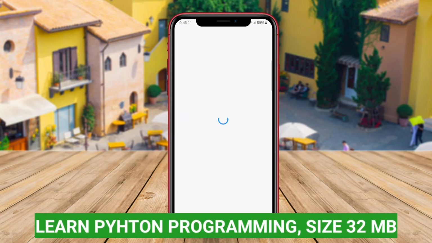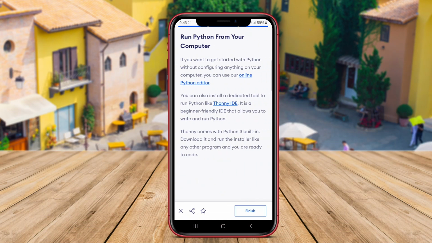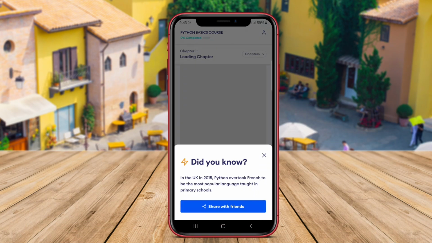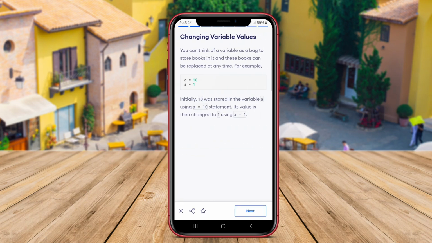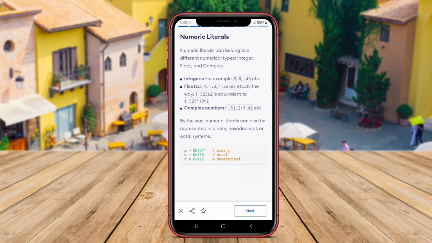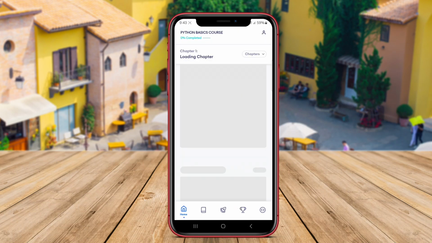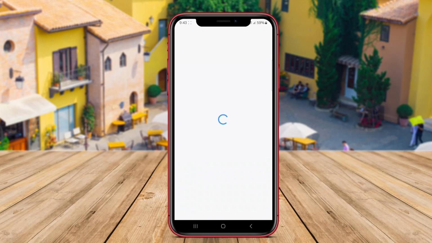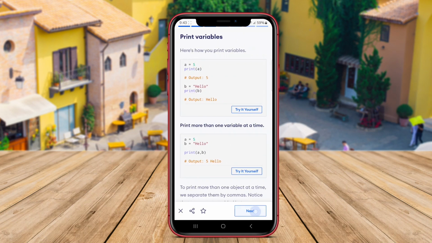Learn Python programming. Python is renowned for its readability and versatility, making it ideal for beginners. Apps such as Learn Python and Pi offer a user-friendly platform to master Python concepts, whether for web development, data analysis, or automation. These applications provide bite-sized lessons, interactive coding environments, and real-world projects that help users grasp fundamental programming